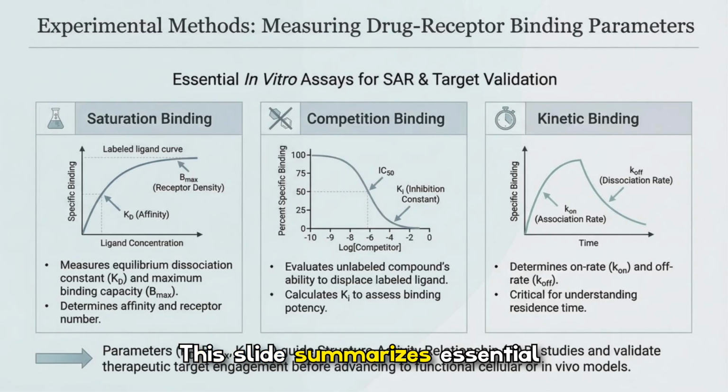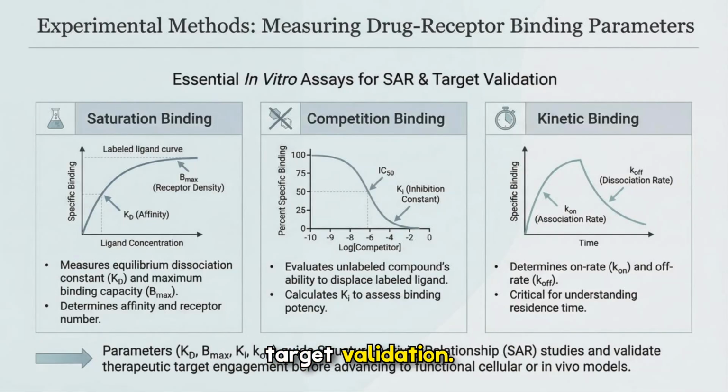This slide summarizes essential in vitro assays for measuring binding parameters. Saturation binding yields Kd and Bmax to define affinity and receptor number. Competition assays determine Ki and relative potency of unlabeled compounds. And kinetic binding measures association and dissociation rates, kon and koff, to understand residence time, all critical inputs for SAR